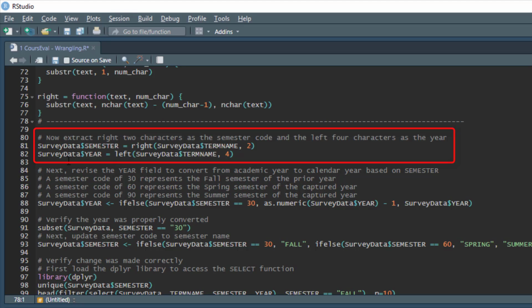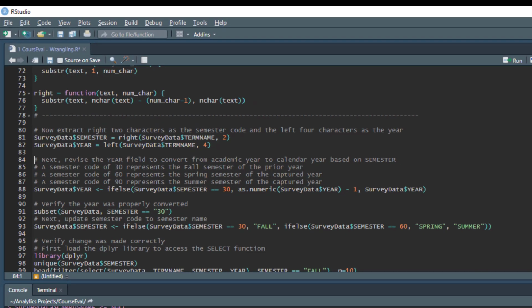And then next we're going to create a new column called year, and that's going to be set equal to the left, the initial 4 characters, of our term name. So that's what these 2 commands are going to do. So if we hit Control Enter here, and then Control Enter again. So now if we go back to our survey data,